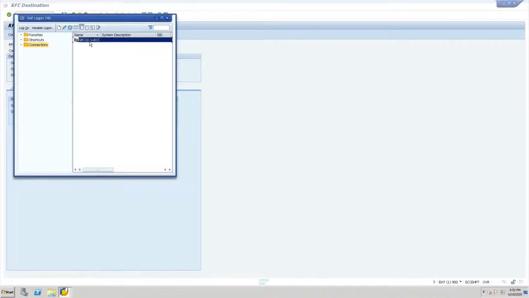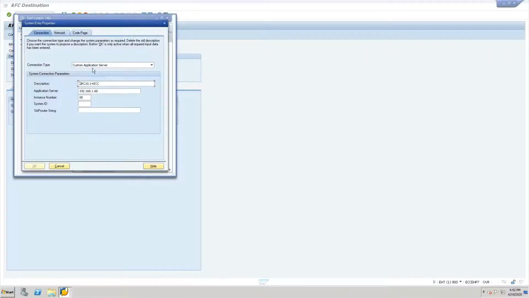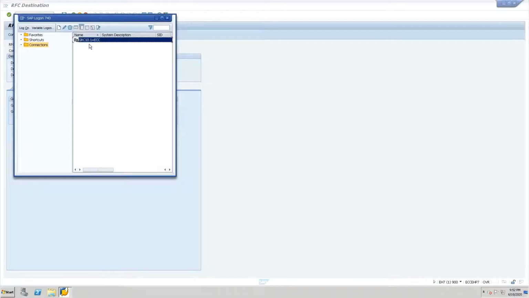I have other backend systems here. This is the EC system. Let's consider connecting with the backend systems.